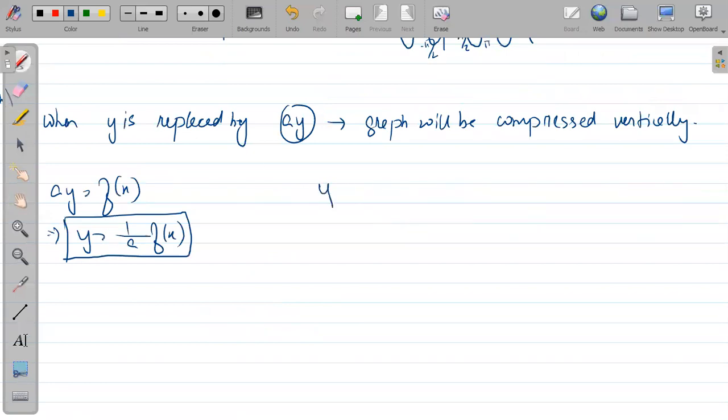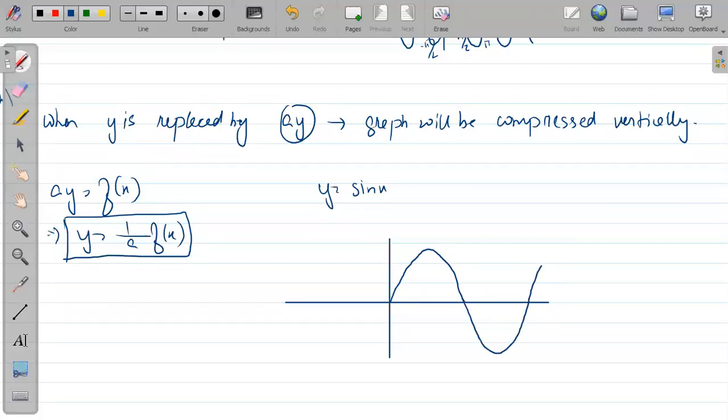Let's have an example. Earlier the graph was sin x. Now we require this graph of sin x. What is the maximum value? 1. What is the minimum value? Minus 1. Very easy. The maximum value and minimum value are 1 and minus 1. Correct, yes, correct only. Should I draw it nicely? Okay, let me draw it nicely. A graph looks something like this. This value is 1, minus 1, 0.